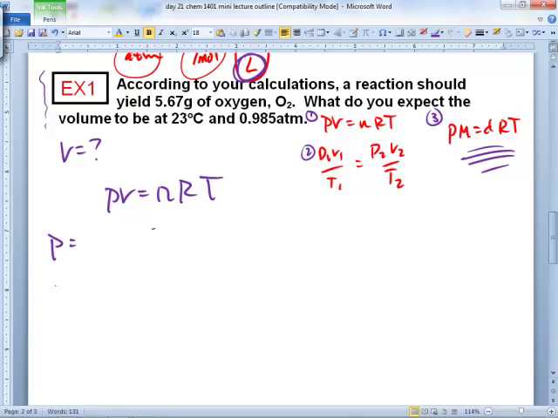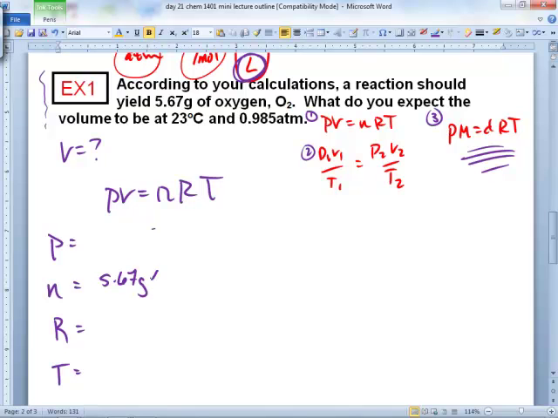We have to know what P is. We have to know what N is. We have to know what R is. We have to know what T is. Okay, there's the first question. Let's leave that one. Paul, how do you answer Summer? Would you have to convert the grams to moles? Yes, and that's going to be which variable? Once we get to the moles, that's going to be which one of these variables? That's going to be little n. Exactly.